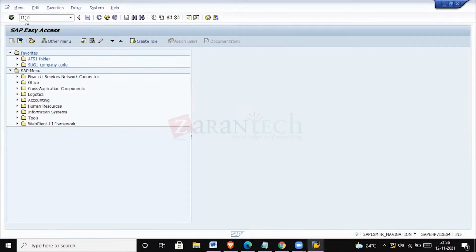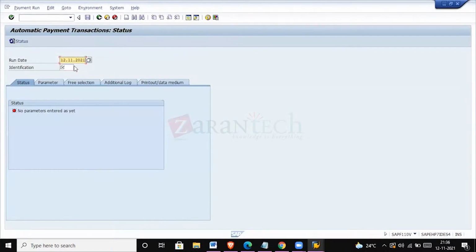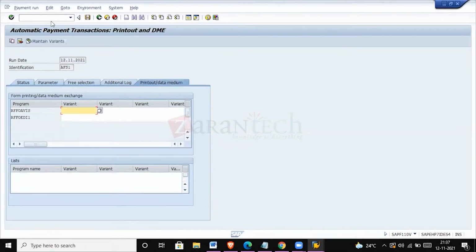Yesterday we were working on payment run, right? We had an issue where the system did not allow us to take it ahead and execute the payment run. The issue was with the variant, where the date and ID were updated. Since the date was updated there, the system is not considering the date that we are executing. Let me show you that. For example,